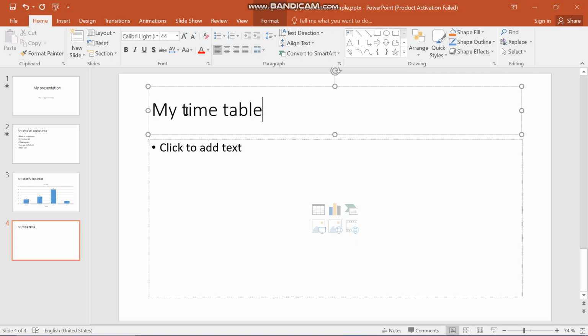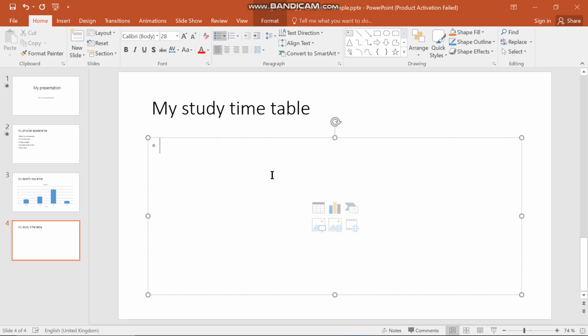So this is my timetable. I'm trying to make a study timetable. We'll just say this is my study timetable. And from here, when we want to insert our table, we are going to have to go to the Insert